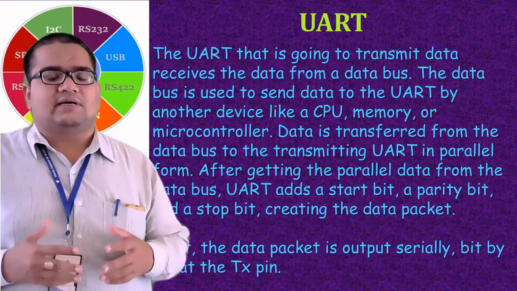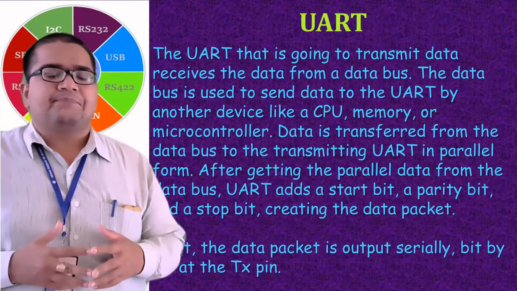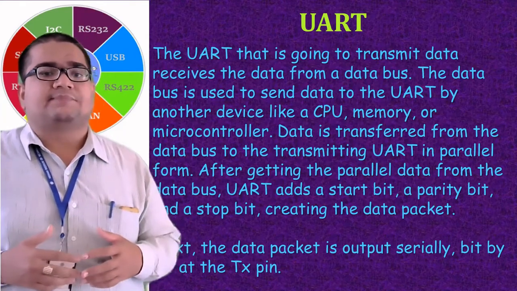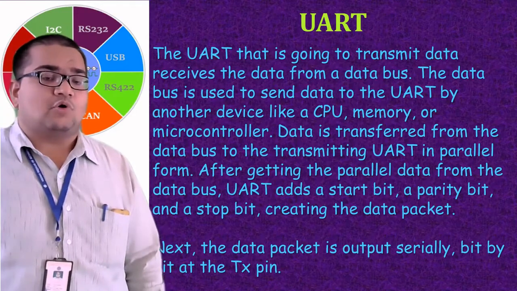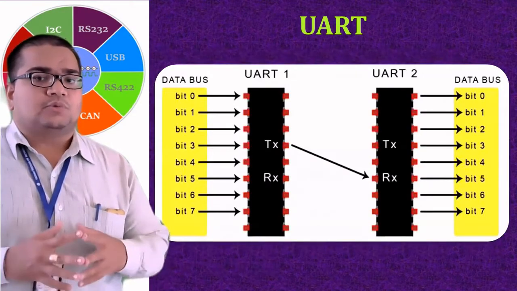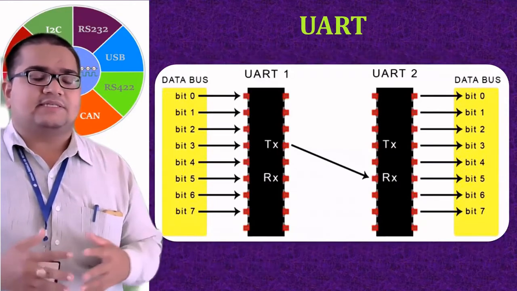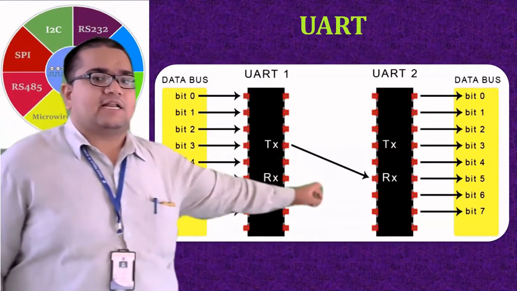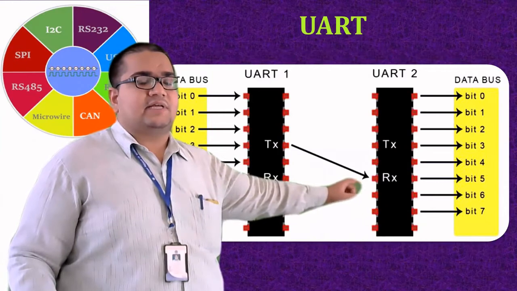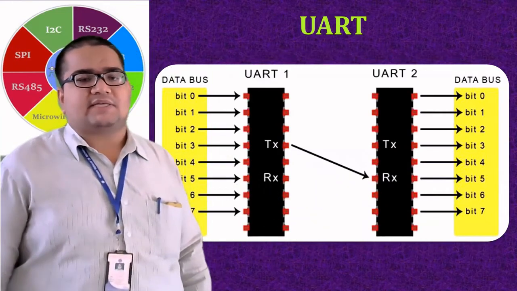on the receiving side it will be read at the RX pin, and it will be converted back to parallel data, as originally it was parallel in nature. So that is about how the UART communicates. So this is how you see the parallel data coming to the transmitting UART, then traveling serially through this TX pin to the RX pin of the receiving side, and then after being received here, the data is again converted to parallel form, as you can see, bit 0 to bit 7 there.